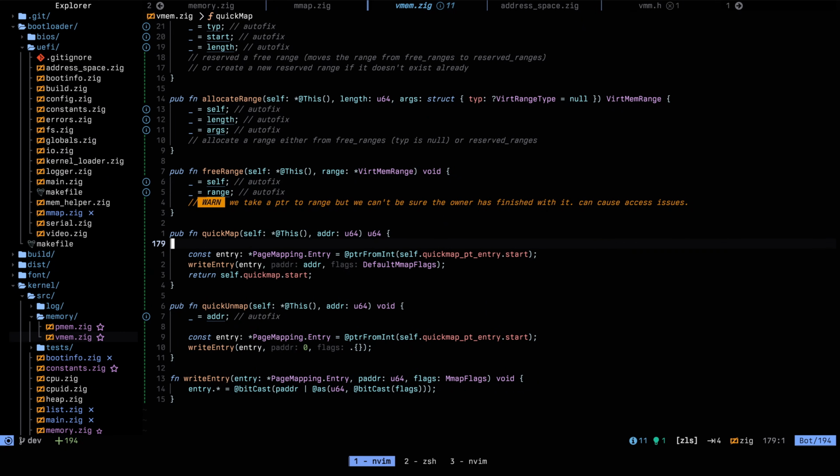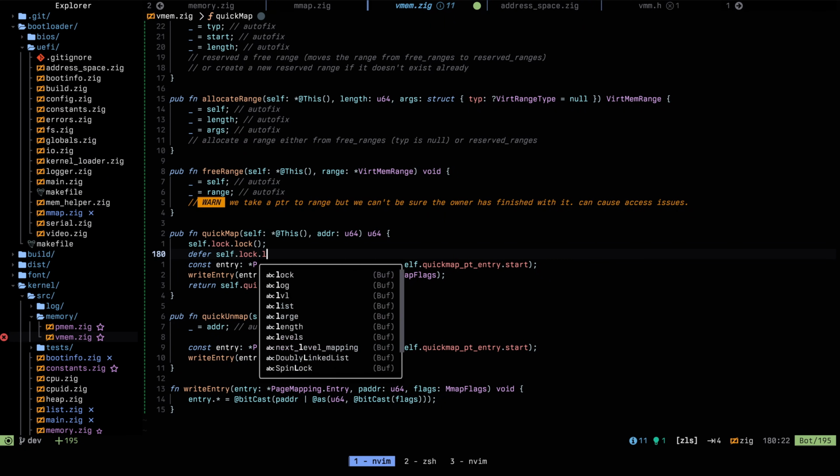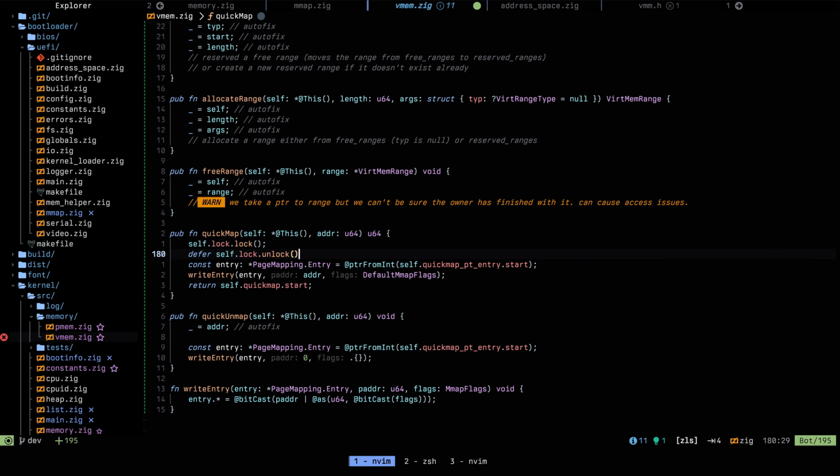So there are two ways to solve this. Either we hold the lock, so hold self.lock, think, and with a defer, unlock, or